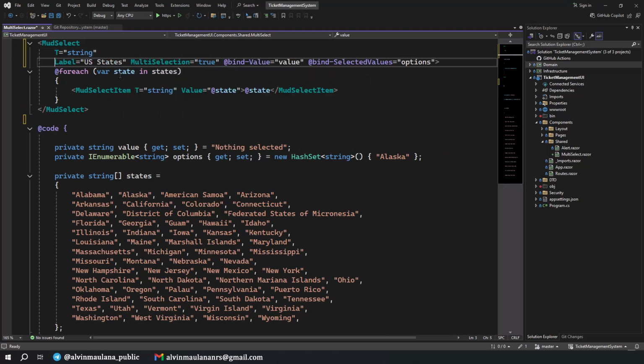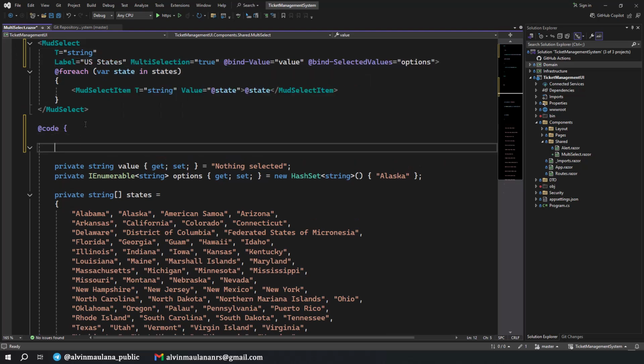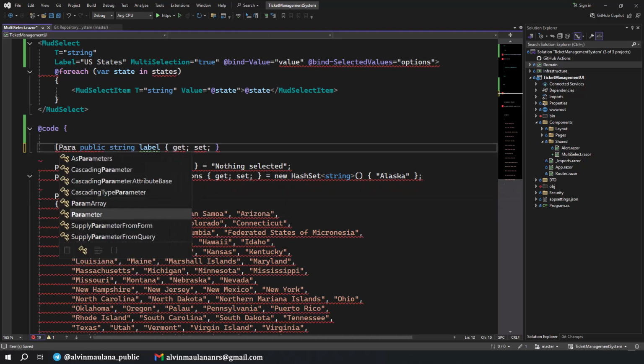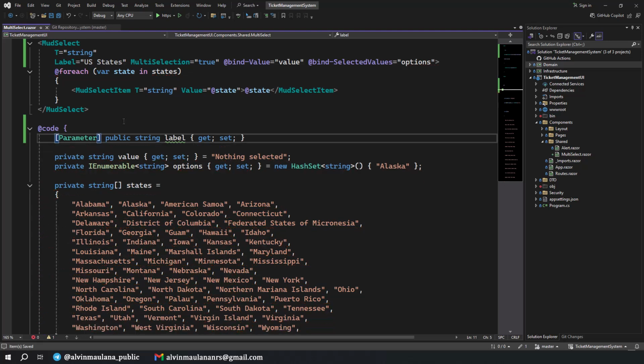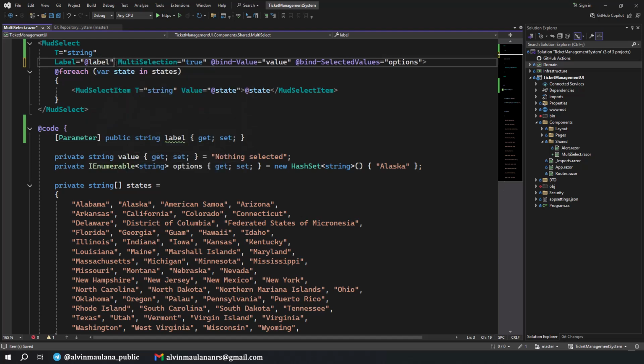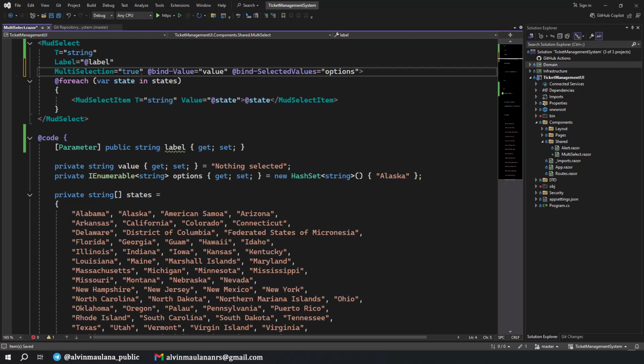And then for the label, we will have a new component parameter. This one should be string. Label. And we make this a parameter, so it can be changed from the parent. Okay, and we call it from here, a label. Cool. MultiSelect, yes, we are going to have a multi-select. Bind value, we are not going to use this,